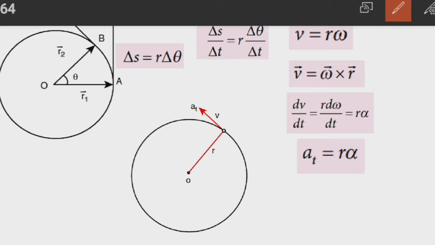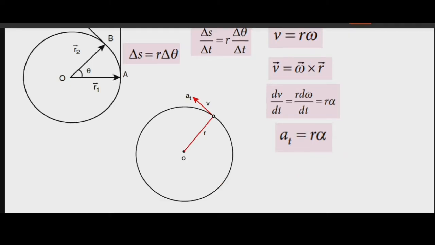Tangential acceleration. Consider an object moving along a circle of radius r in a time delta t. The object travels an arc distance delta s as shown in the figure. The corresponding angle subtended is delta theta. So the delta s can be written in terms of delta theta as delta s is equal to r delta